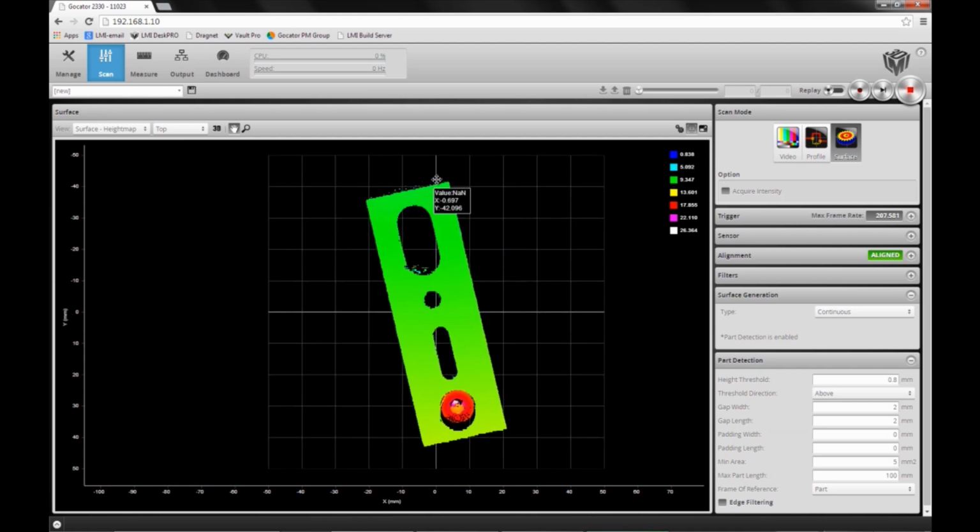So this kind of noise on a part will affect the measurement of the part, it will affect the volume and the length of the part, as well as causing problems to position regions of interest to measure features on the part, as they will now move around relative to this noise on the part.